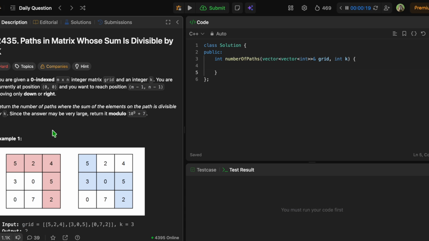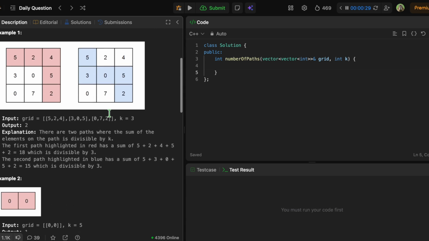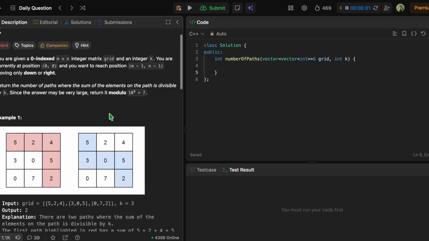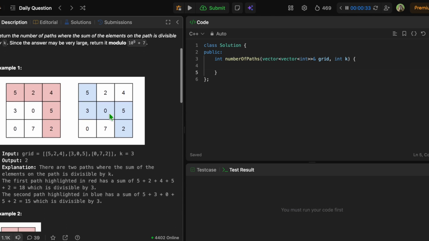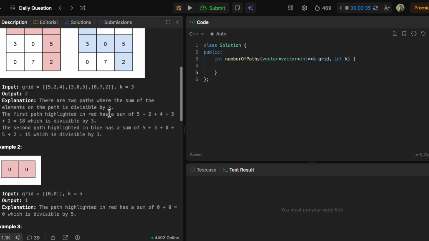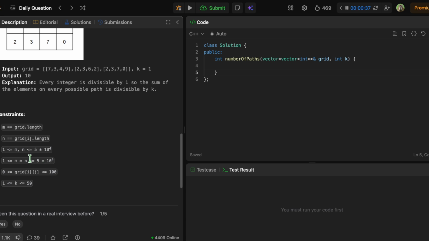and right. And we need to return the number of paths where the sum of the elements on the path is divisible by k, and we have to return it modulo 1e9 plus 7. So these questions are very common DP problems. Let's look at the constraint first. So the product of the rows and columns is less than or equal to 5 into 10 power 4, and k is